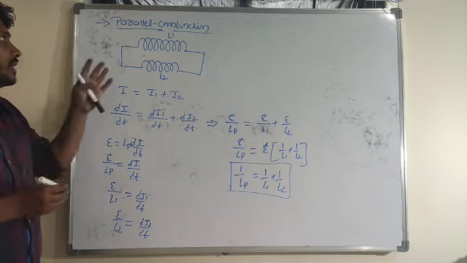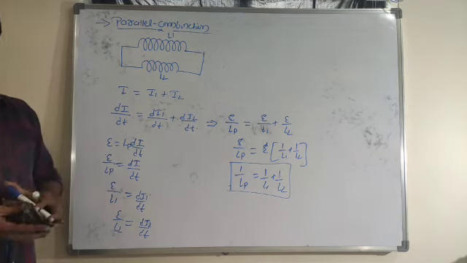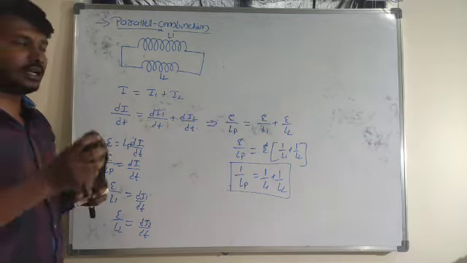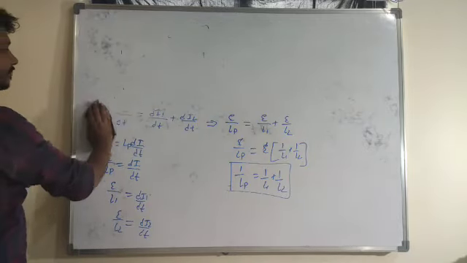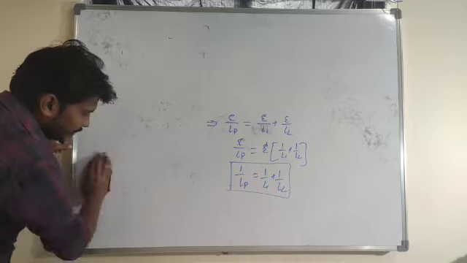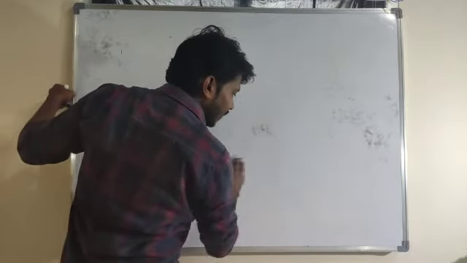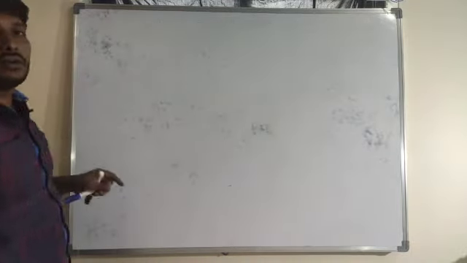Now in case of self inductance, whenever a changing current passes through a coil, then EMF is induced. Such induced EMF I will name as self inductance. Now we'll consider the mutual inductance concept. So what is mutual inductance? In case of self inductance, EMF is induced within the coil only because of the changing current.